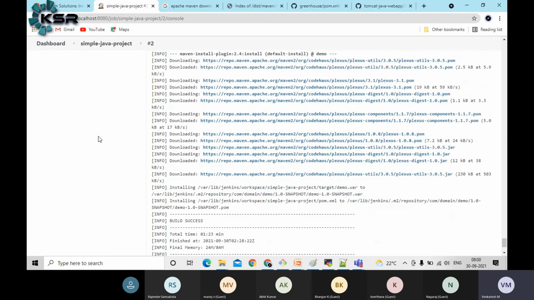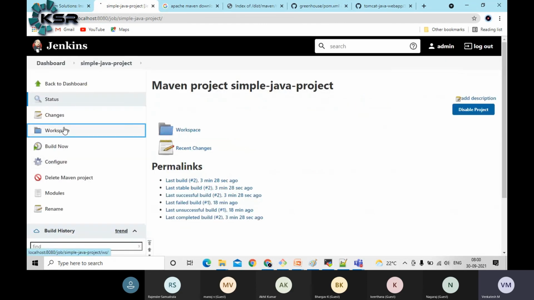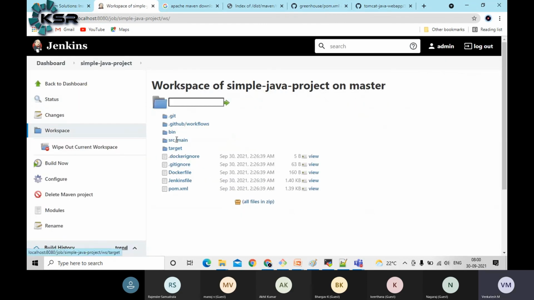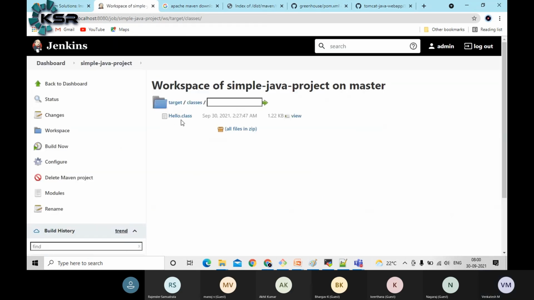If you want to see what is happening exactly, you can go inside, there is something like a workspace. See here, guys. This is a simple project, so I have only one class file.